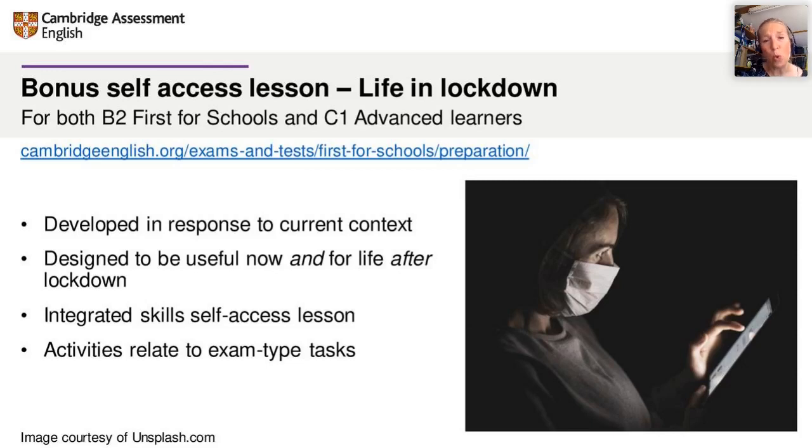that learners wanted to talk about their experience. They wanted to discuss it. It was top of their minds. They were really concerned about it. There was a lot to say. So it was developed in response to the current context, and it's designed to be useful now as we're in